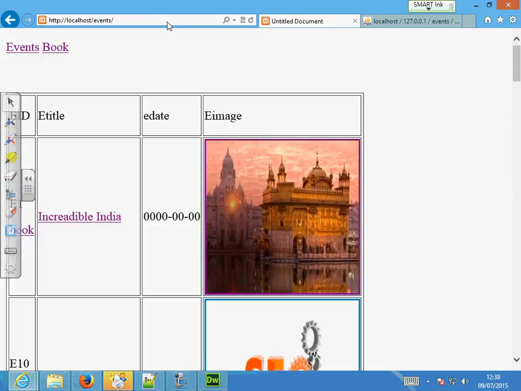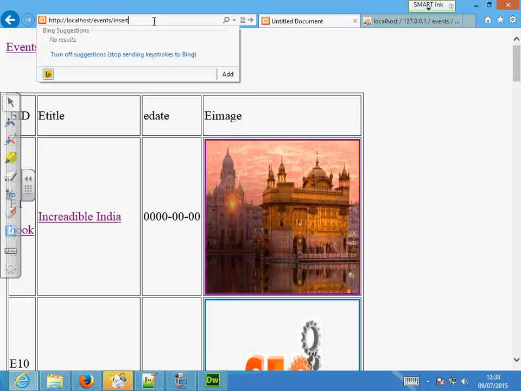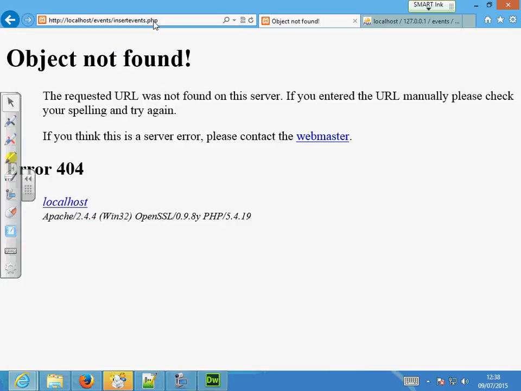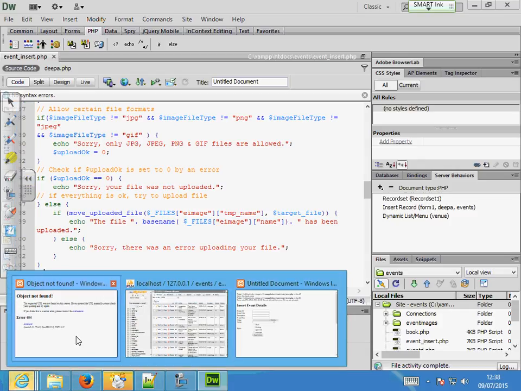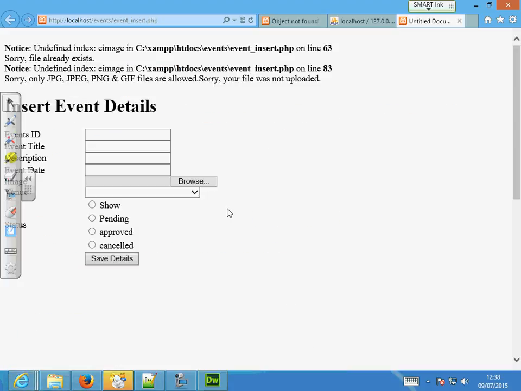It's very difficult to come back to this page on its own when insert event. What's my page called? Should we go here?